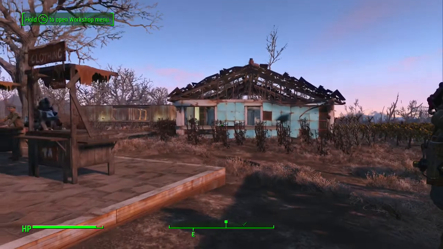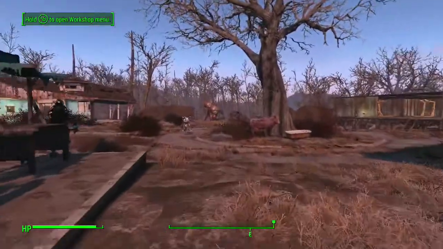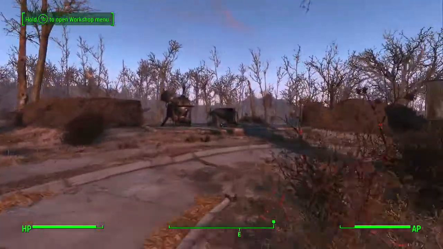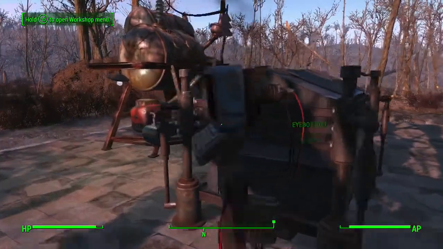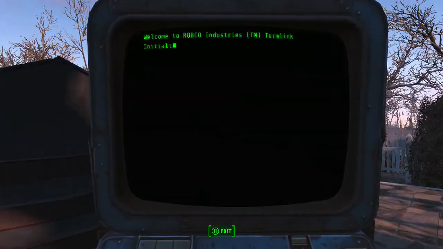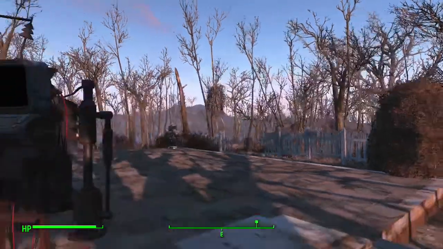The other thing you do get as well is you can get what's called an Eyebot station. I've got one over here. And you'll find the schematics for these in the Mechanists hideout. And the Eyebot Pod allows you to send out the Eyebot to look for particular resources. So in this case, I've sent the Eyebot out to look for